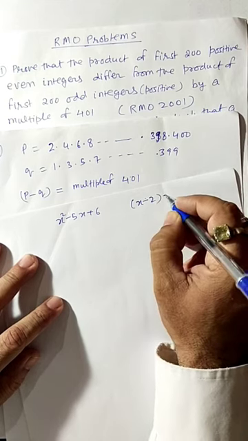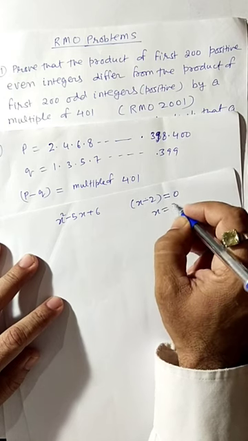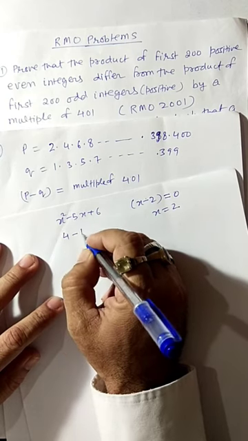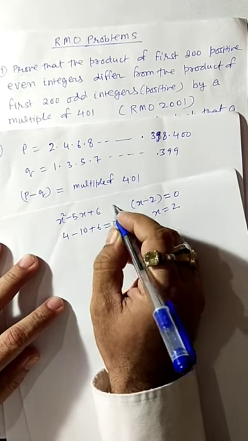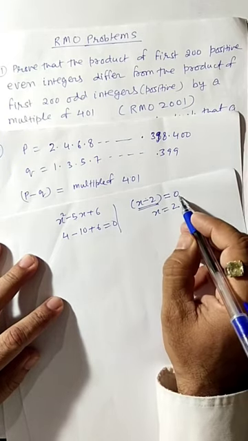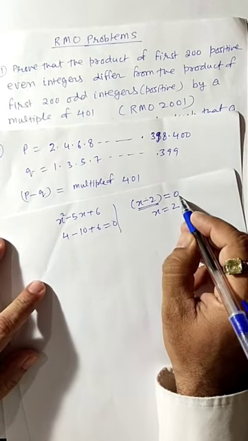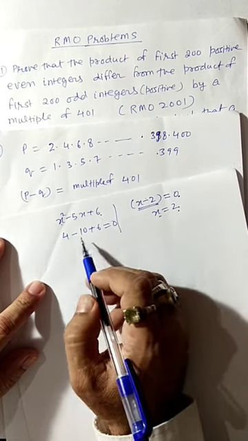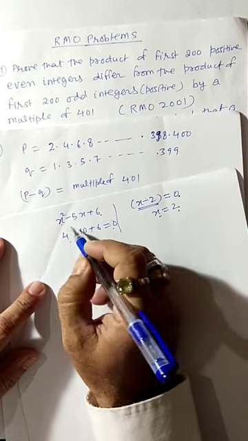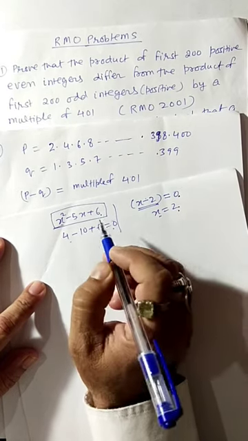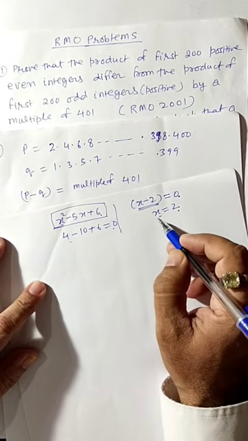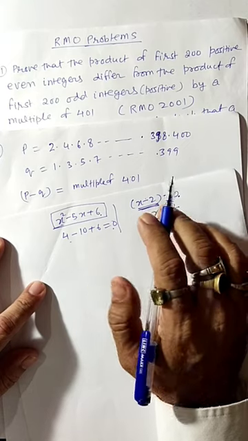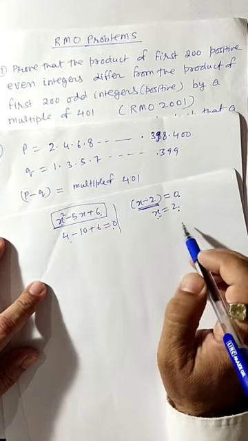So what you do? Put x minus 2 equal to 0, x is equal to 2. Now put x equal to 2 here. So 4 minus 5 into 2, 10, plus 6. We are getting 0. By taking x minus 2 equal to 0, we get x equal to 2, and this x equal to 2 is making the polynomial equal to 0. It means this polynomial x square minus 5x plus 6 is divisible by x minus 2. Any such term is a factor of the polynomial.